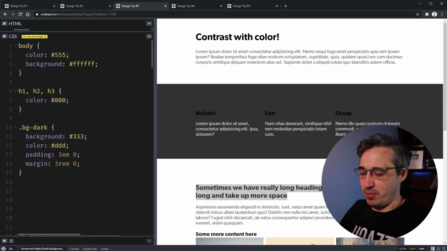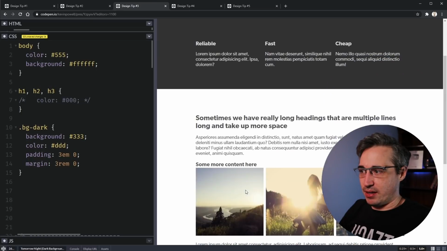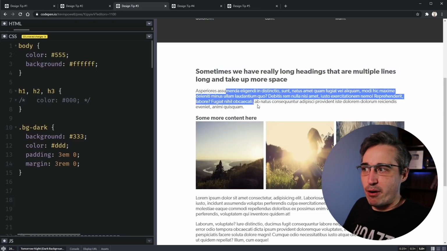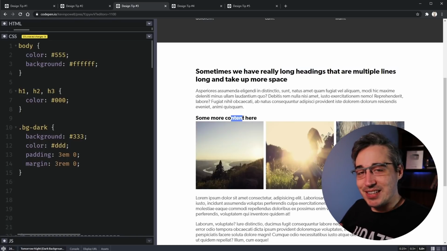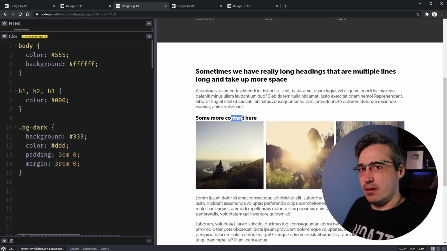And again, ignore this middle bar here right now. But if we have it set up, you can see down here, let's scroll down, it's not bad, this big bold font. It's obviously standing out more than the regular paragraph text here. But if I make that color black, all of a sudden this pops off the page just a little bit more, makes it easier if you're skimming through the text, things like that. It creates a little bit of extra contrast with color, even though the colors are still in the blacks, whites, and grays.